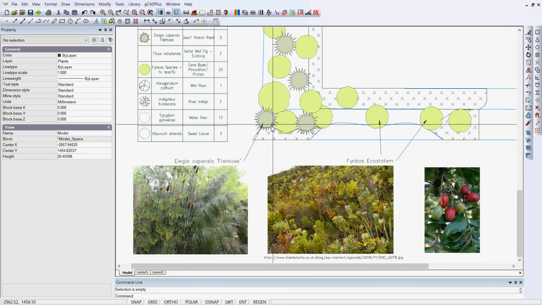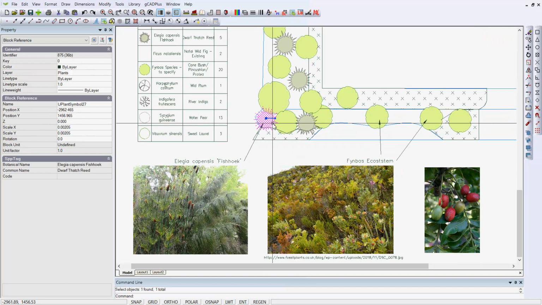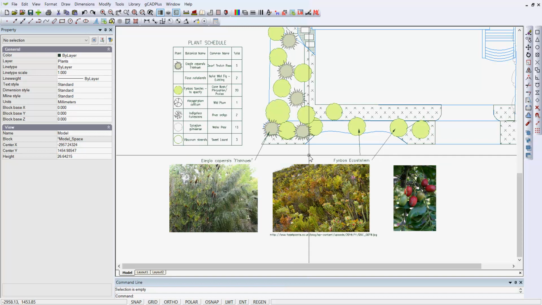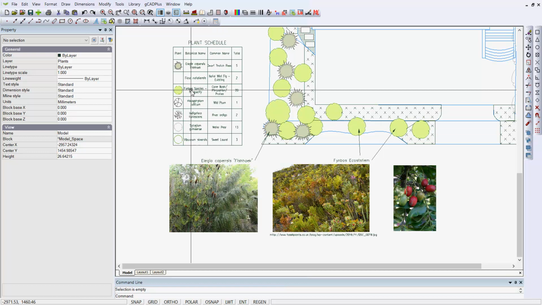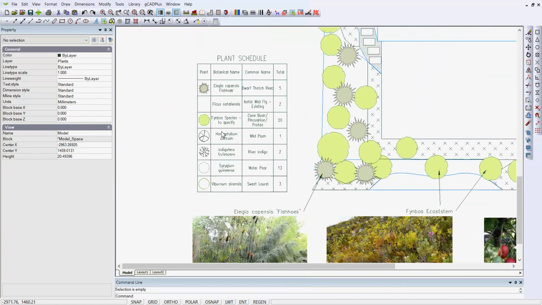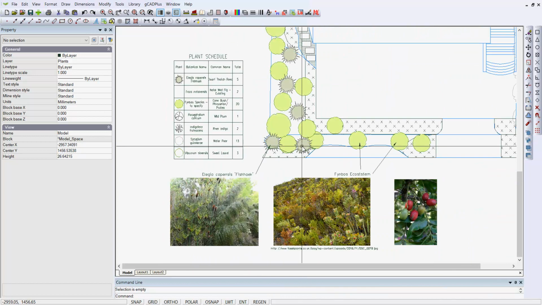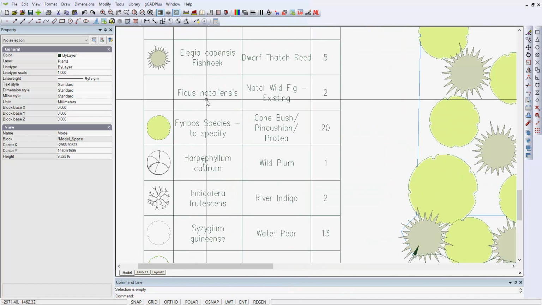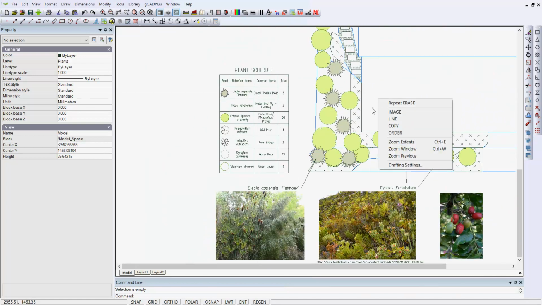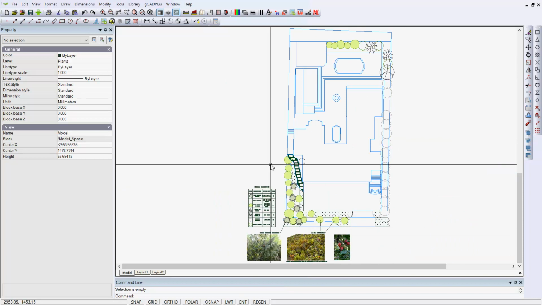The design has also established that other species, such as the dwarf thatch reed, will be used in the design. So the design is developing quite nicely. The plant schedule has been run, but I noticed that in the plant schedule, can you see we have a blank entry? And what we'd like to do is to find that blank entry is for ficus, the Natal white fig. So if we zoom out a little and look at the whole design, we need to find in here